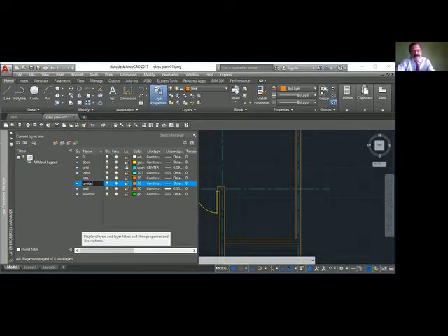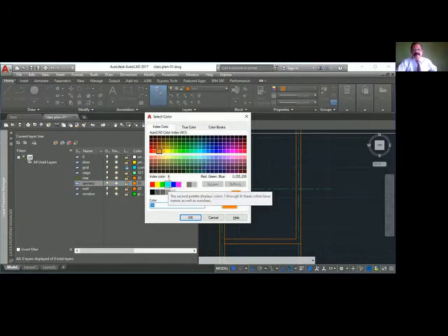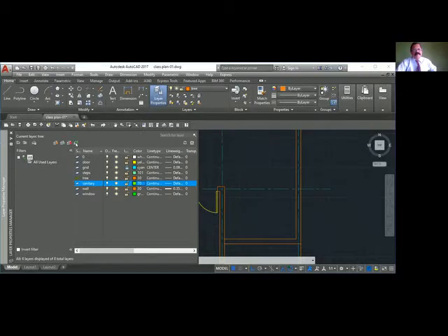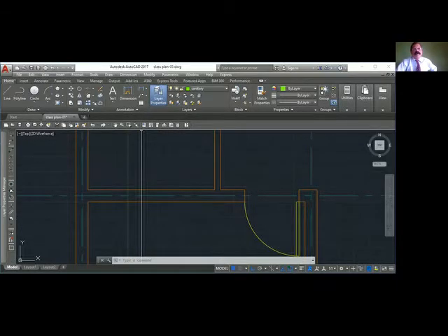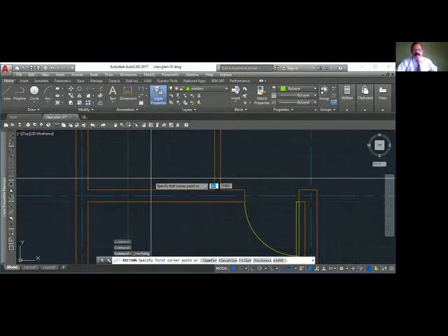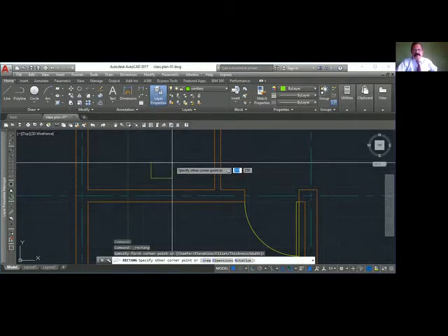I want to create a sanitary layer, so I'll create it. Always you should have a separate layer. Whichever color you want, you can use. Current. I'll just make a small rectangle. Suppose this is my wash basin.